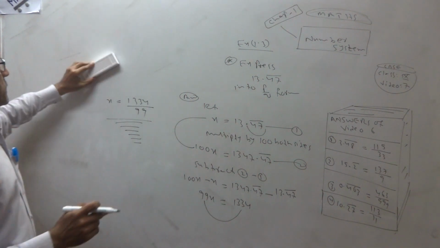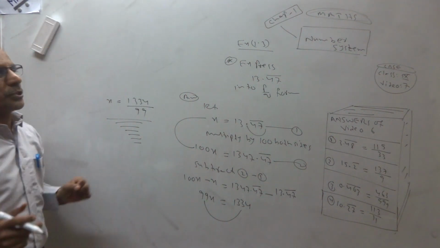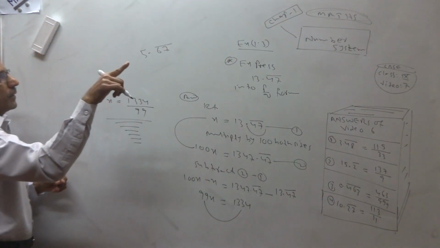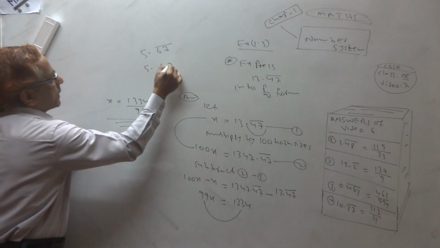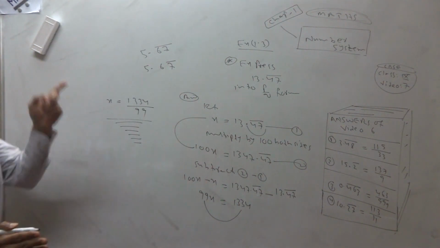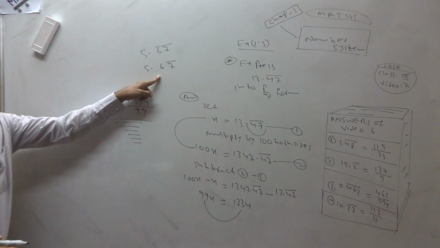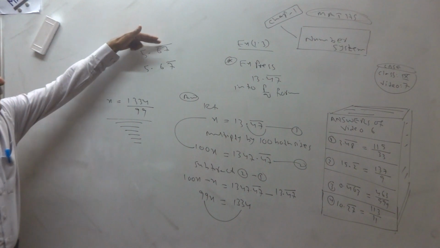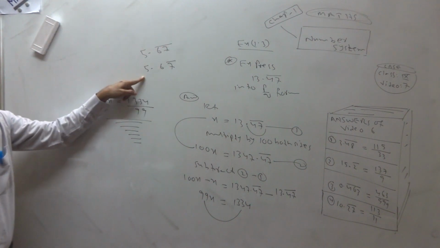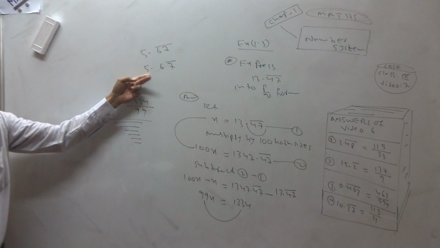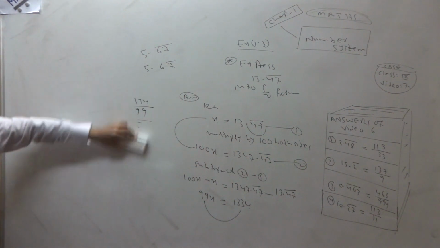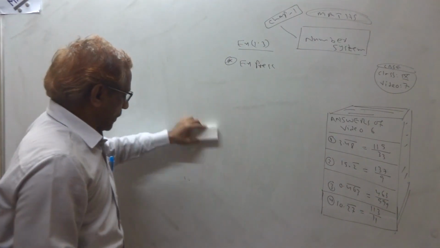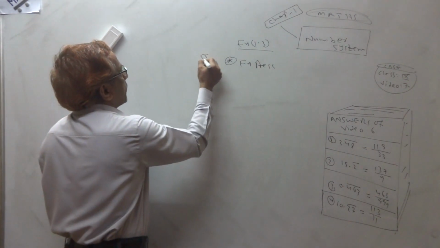So last class I was saying that we have 2 types of questions. See, one question is like this, full bar, and one question is like this, half bar. So today we will do this second type also. So you can understand, one question is of full bar and one question is of this. So today we start this question. So today we are doing the new type. This is the second type.